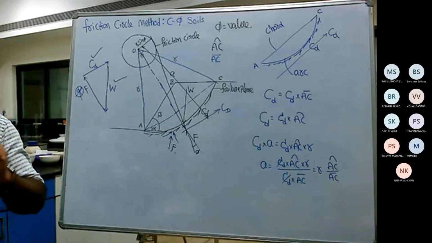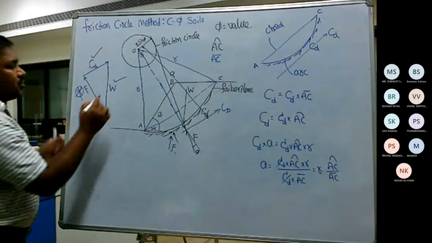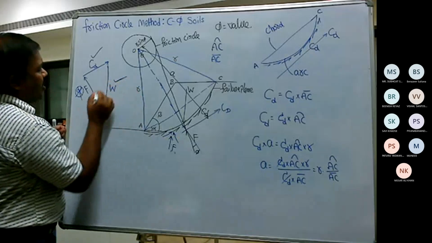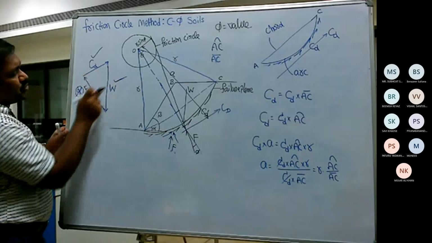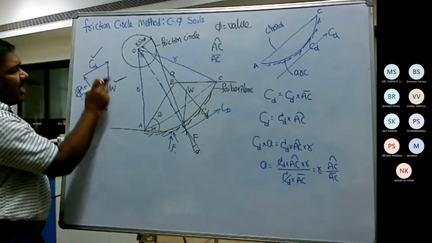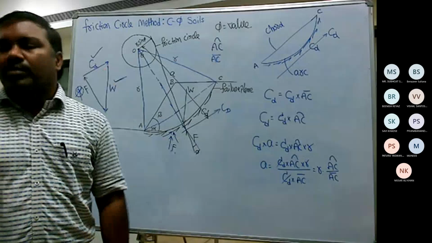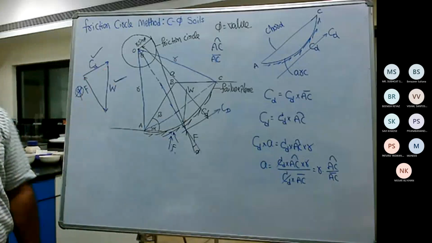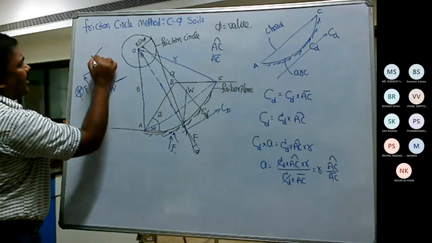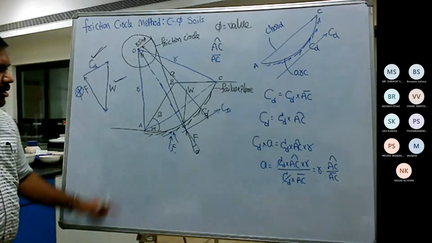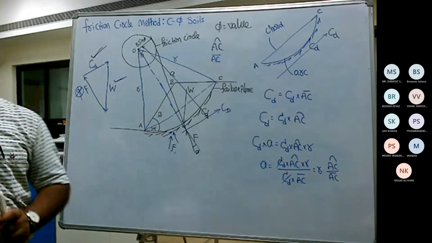And the magnitude of only W is known. So this magnitude is known and all the directions are known. So suppose among these three force polygons, if I know only one magnitude and the angles, that is the directions, then I can determine the other parameters by following the sine law. So from here I can determine the CD parameter. If I know the W, I can determine the CD.